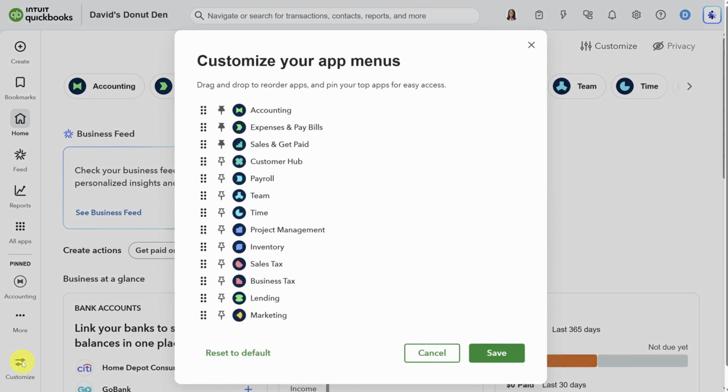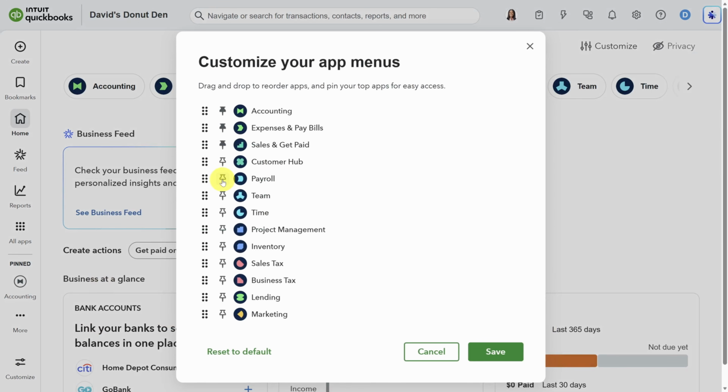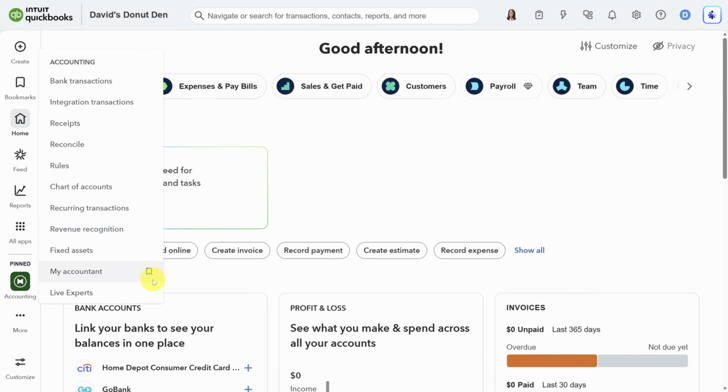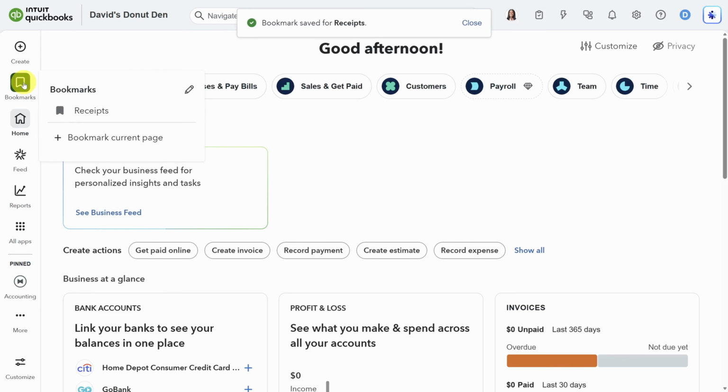Just click the Customize button in the bottom left and then click the pin icon to pin or unpin any specific app. Each app also has pages inside of it which you can bookmark. Just click the Save icon next to any page like I am with Receipts, and you'll see it show up under the Bookmark section. With that out of the way, let's get to your first task of connecting your bank